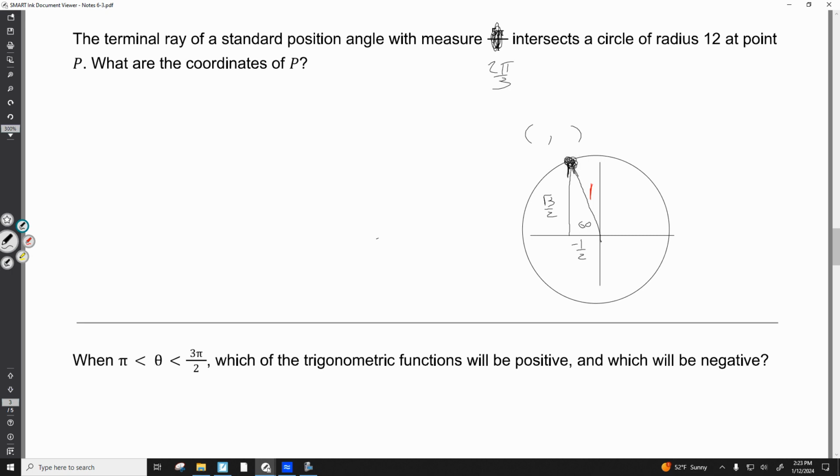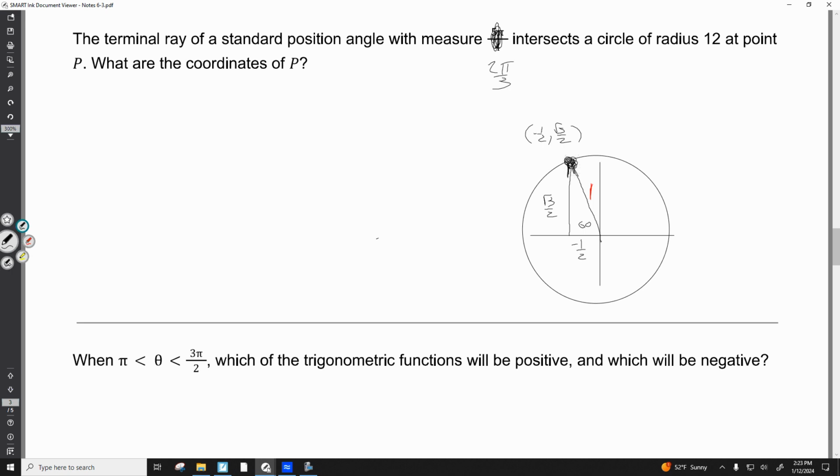This is very similar to the quiz question you had where I gave you a point and you realize it's like, oh, that's just an x and a y. -1/2, root 3 over 2. Now,